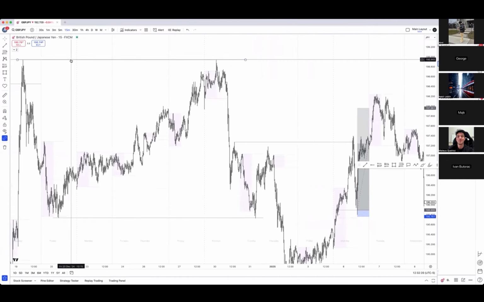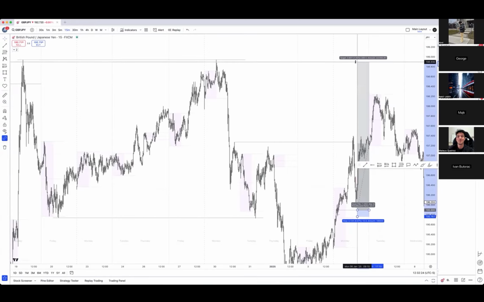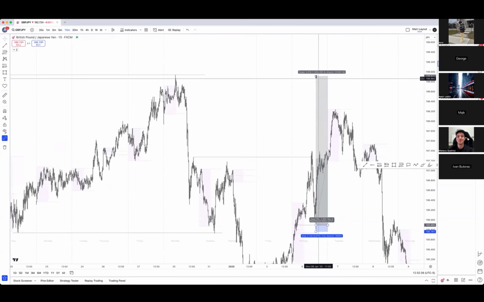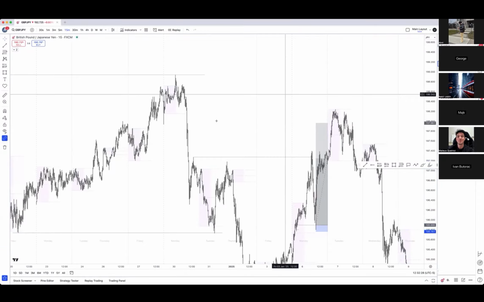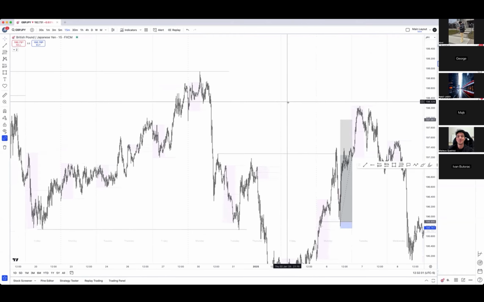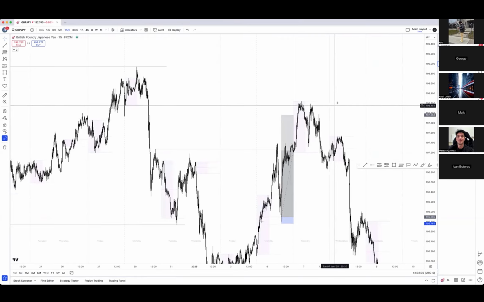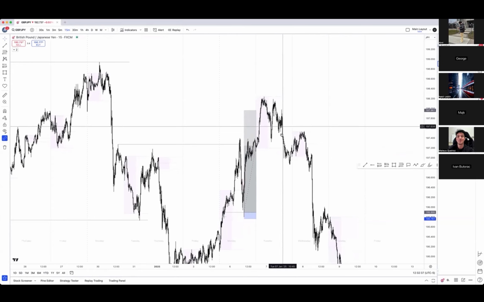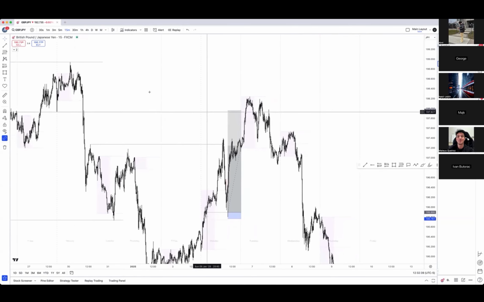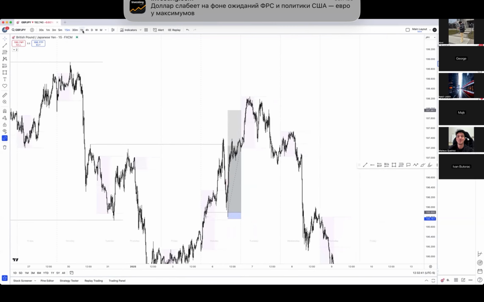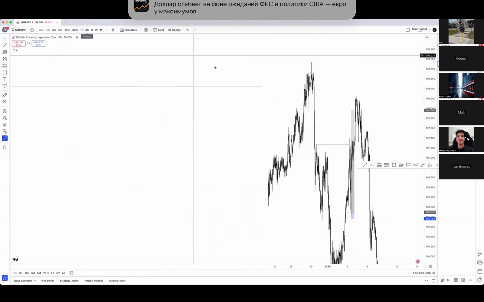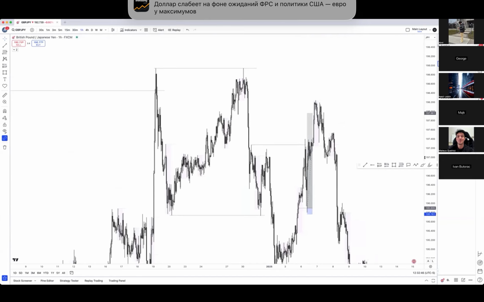And then you could target the rest up here. Obviously, it doesn't do that, it goes lower. But this would be the next target point right here. And then you got that on Monday. Tuesday. That's the thing. Since there's a lot of liquidity to the upside, I would not be